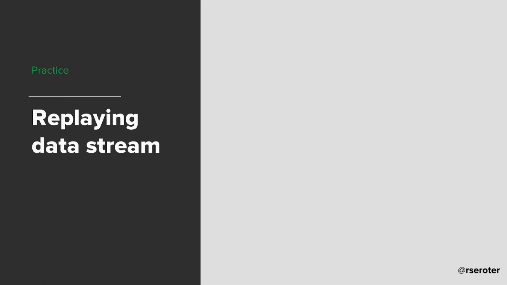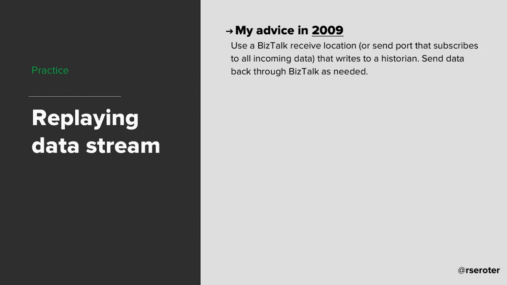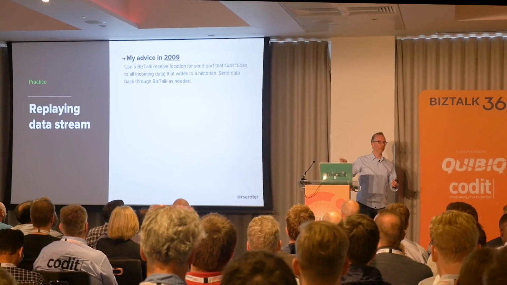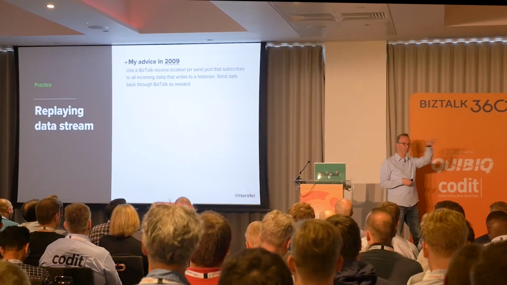Okay, what do you do with replaying data streams? So what was my advice in 2019? I built this, I think, a few times, is that you could actually have a pipeline, you'd have an orchestration or a send port that would take every inbound message and write it out to some sort of log database, right? Some historian, some database, whatever. And then if for some reason some send receiver downstream collapsed and said, oh, shoot, you sent me all this stuff, but I need it again. How am I going to get it to you again? Is we'd actually be able to route it back through BizTalk from the database back to the endpoint.